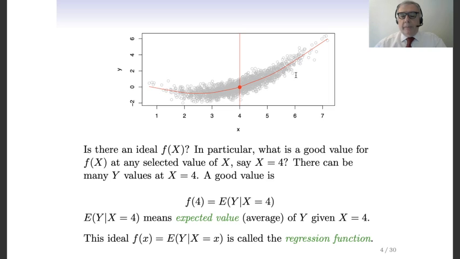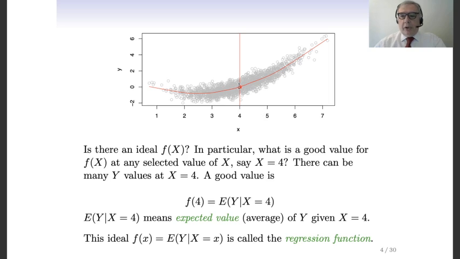a bivariate joint distribution. But if I fix the value of x equal to 4, then the conditional distribution of y given x is a univariate probability distribution. And I take this distribution, and among all possible values of the distribution, I just select the expectation. So this is the expected value of y given x equal to 4. And this value